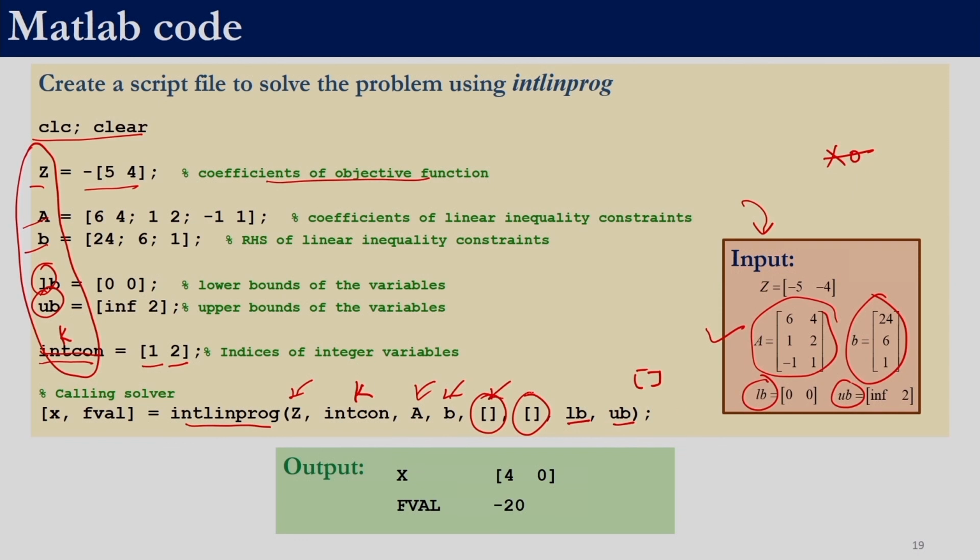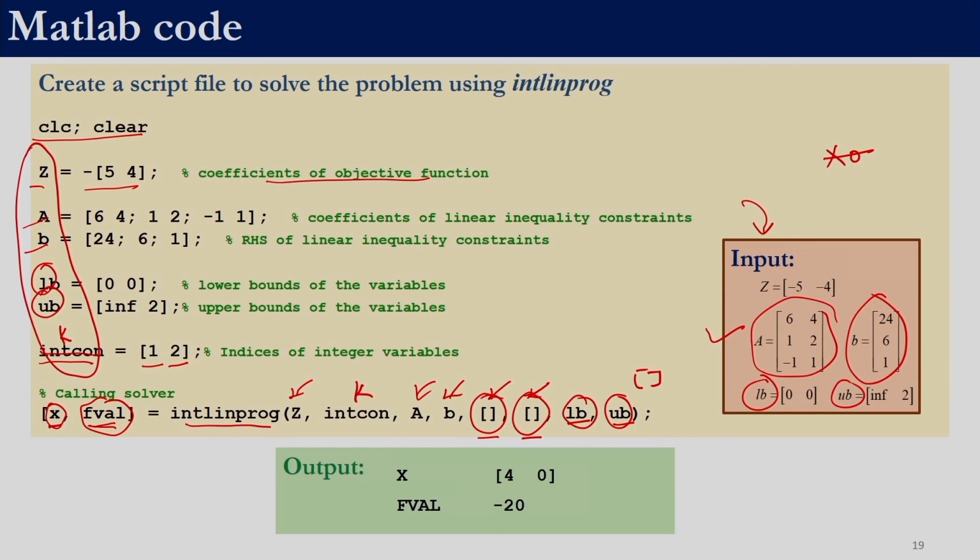Over here we had to give this empty bracket because we are still using the variables lb and ub, which can be defined only after the equality constraints are defined, right? So that's why we were forced to give these empty brackets over here. So the output of this function would be x and fval.